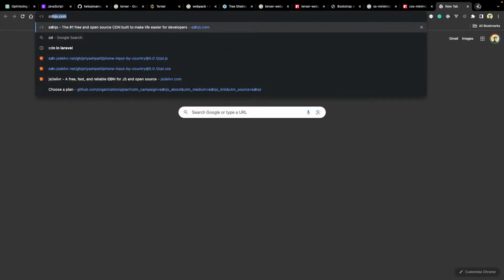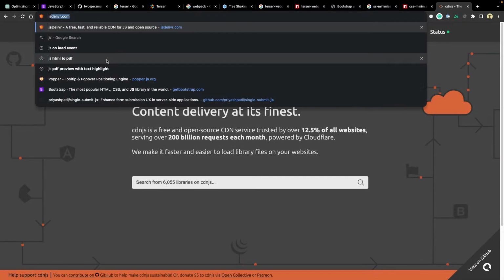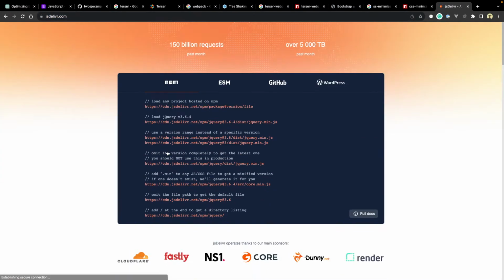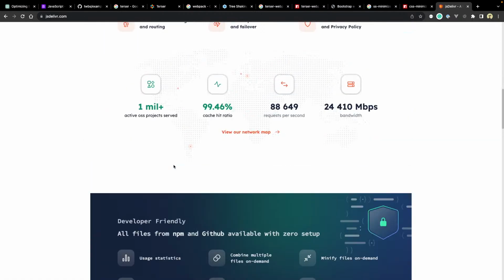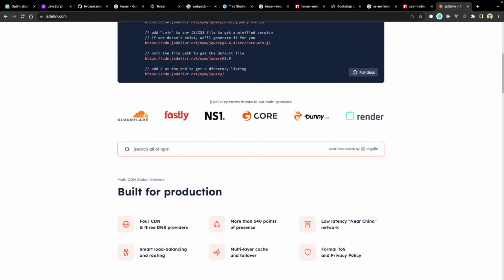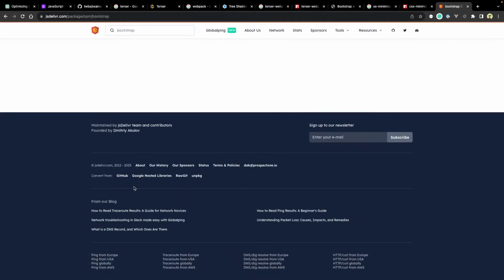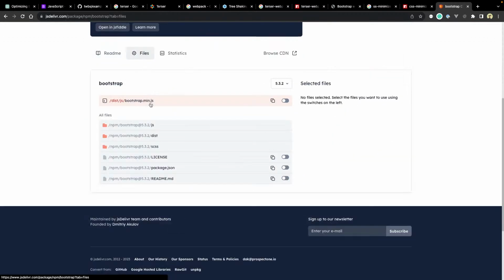Okay, when I go to the CDN like CDN.js or JS deliver, in there what I want to search for Bootstrap and check what is the bundle size. Okay, in here let's go into the files,